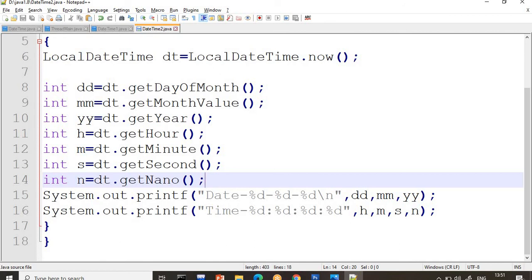So up to now we discussed local date, local time, local date and time, and about those methods. In the next video I'm going to explain in detail how to find the birth date, for example, today's date and my birth date, how many days are over and how many days are left for my birthday. So like this we are going to see a lot of concepts in the coming video.